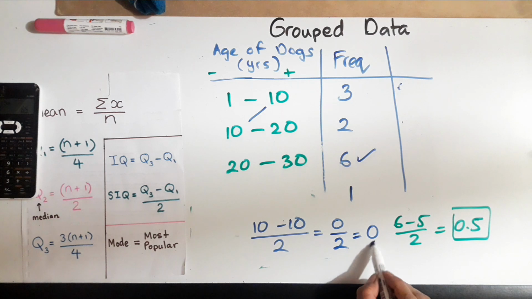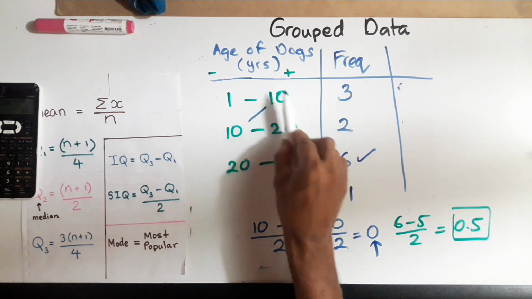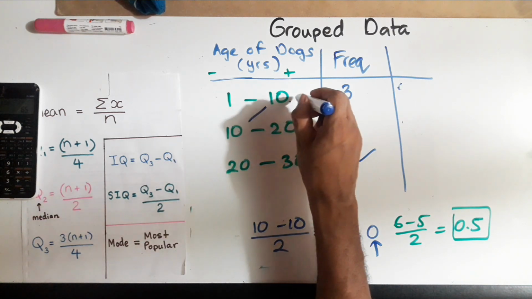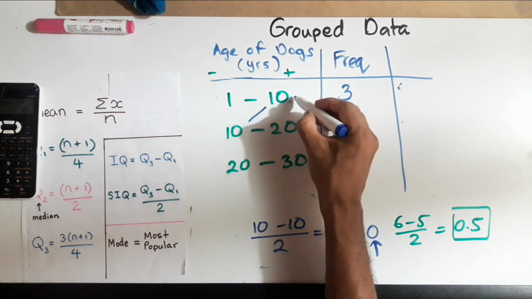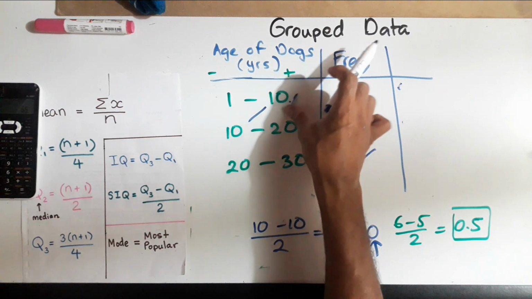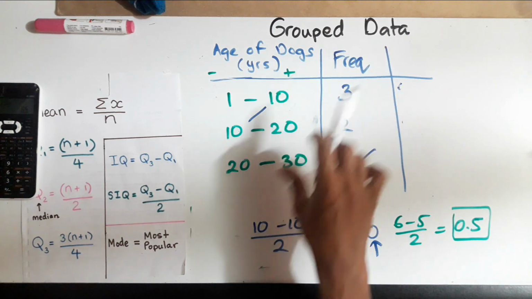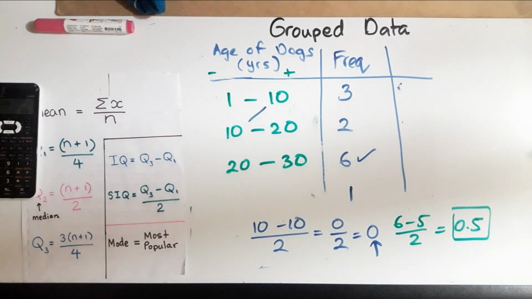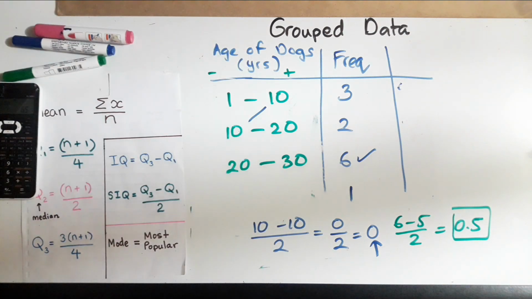So that means we don't have to add 0.5. We have to add 0. So we're adding nothing to this side and minusing nothing from this side. So this is actually, well, I'm not going to put 10.0, right? So sometimes you do not have to add 0.5 and minus 0.5. Sometimes it ends up being 0. So please check. Don't assume it's 0.5 all the time. All right, so I think I covered a lot of questions there on grouped data.